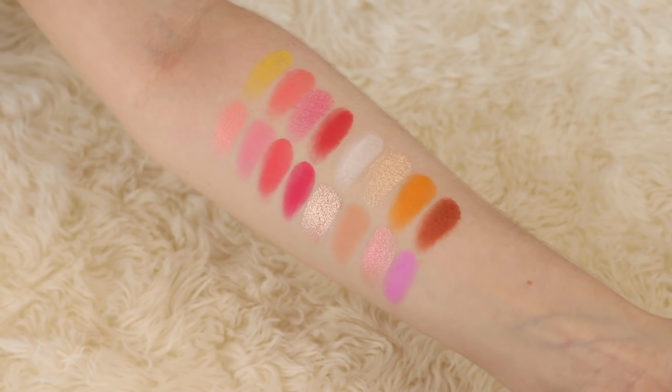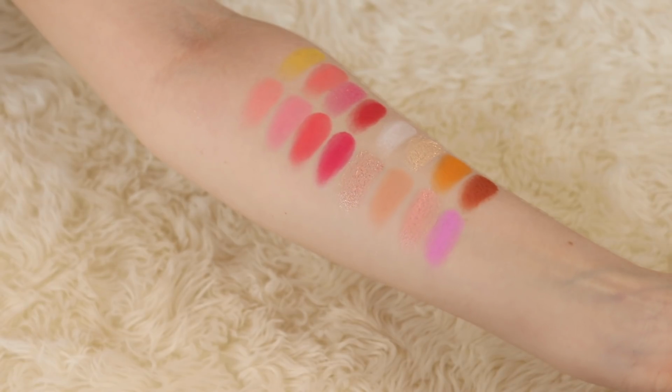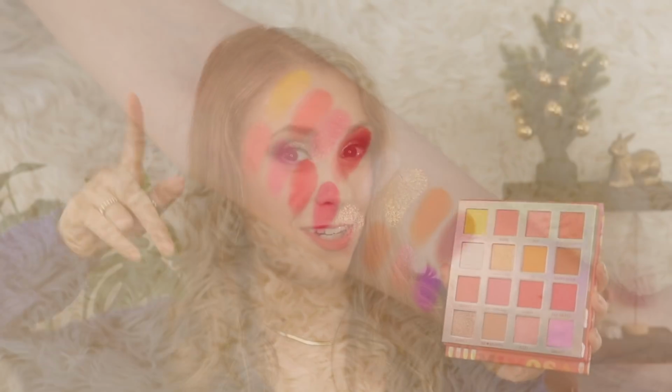This is one that, honestly, if I'd bought this more in the spring, maybe I would have ranked even higher, but I bought it at the tail end of summer, and so I just haven't gotten a whole lot of use out of it this year. But I do think this is such a fun color story. I cannot wait to play with this in the spring and summer because that's when I get really into these shades. I always go through a pink and peach phase in the spring, so just you wait,